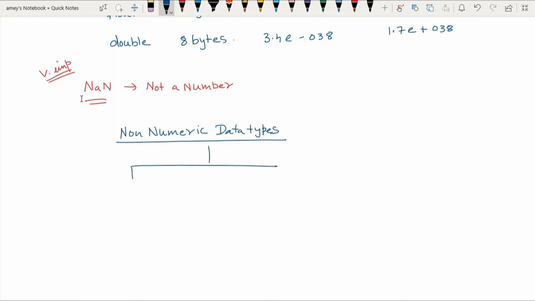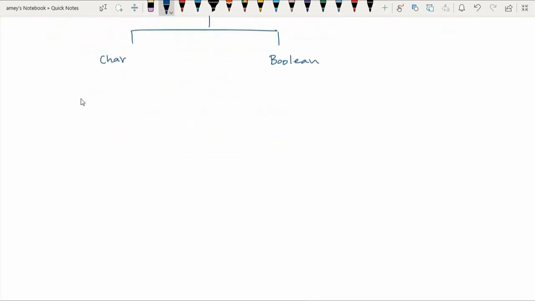You have something called a character or char, and you have something called Boolean data type. The character data type is represented using char keyword. If you talk about its size, it takes 2 bytes of storage, and it is basically used to hold a single character.